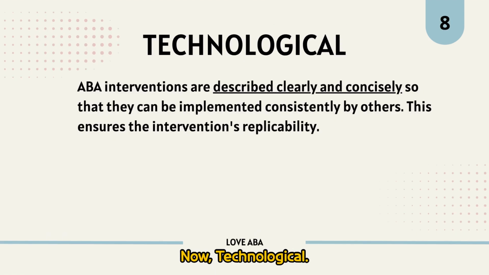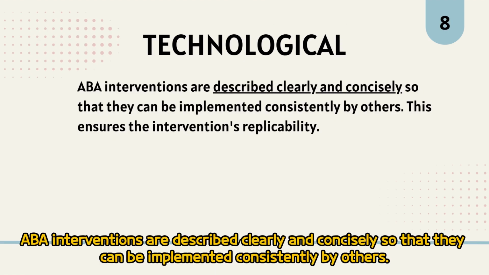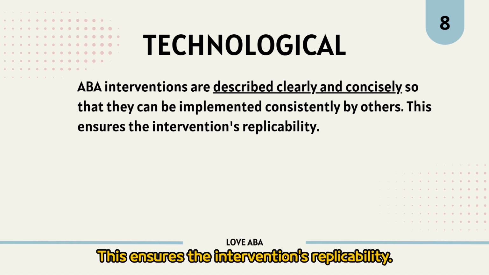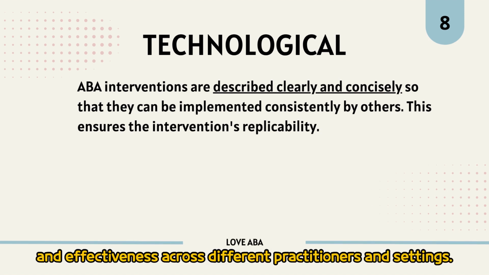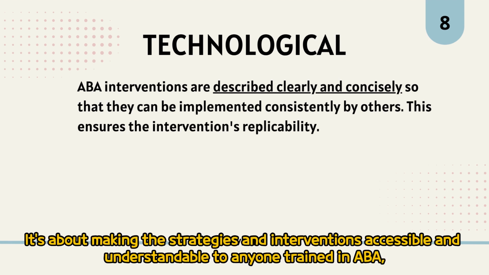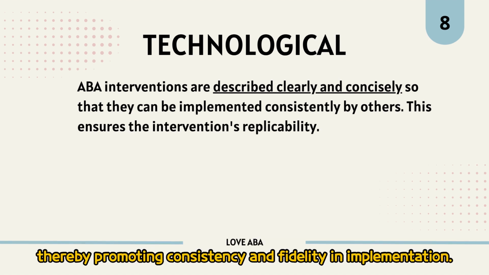Now, technological. ABA interventions are described clearly and concisely so that they can be implemented consistently by others. This ensures the intervention's replicability. This ensures that these interventions can be replicated accurately by others, maintaining the intervention's integrity and effectiveness across different practitioners and settings. It's about making the strategies and interventions accessible and understandable to anyone trained in ABA, thereby promoting consistency